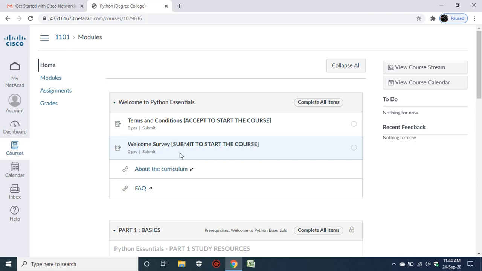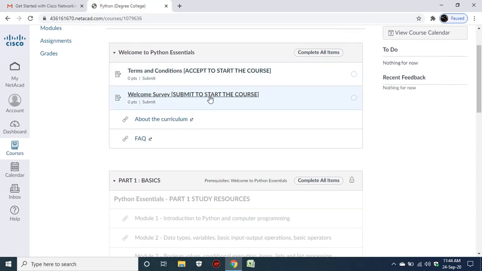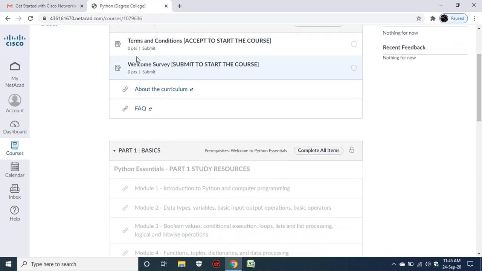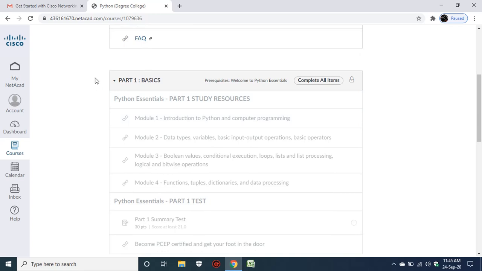It's multiple choice questions. You have to fill these two things, and after that the course will be enabled. If you don't complete the terms and conditions and the welcome survey, you can't access the course. The real course starts from here.